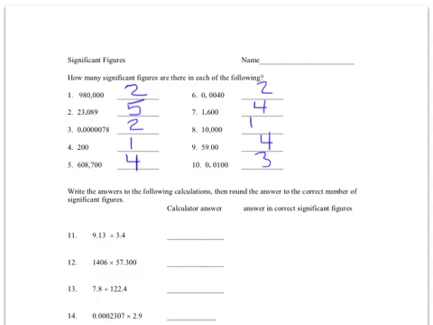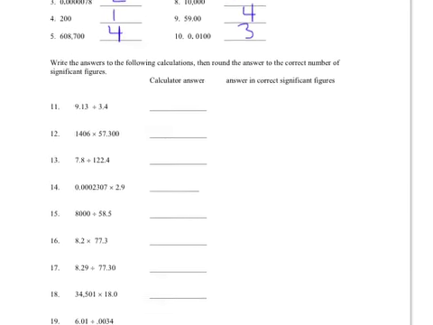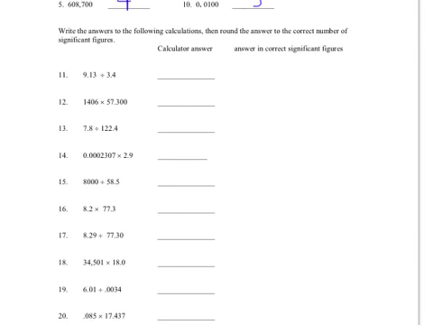Okay, now let's see how to actually round our answers for significant figures. That's really what I'm interested in having you learn to do. That's the main skill we need to get good at here. Okay, so if I look at number 11, when I enter these numbers into my calculator, what comes out is 2.68529 blah blah blah. Well, if I look at it, what I have here is 3 significant figures here and